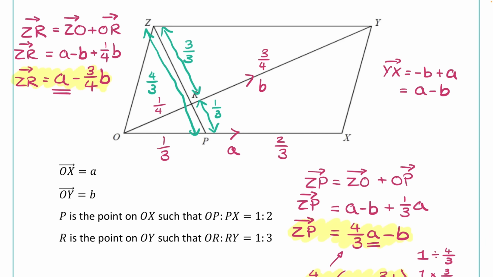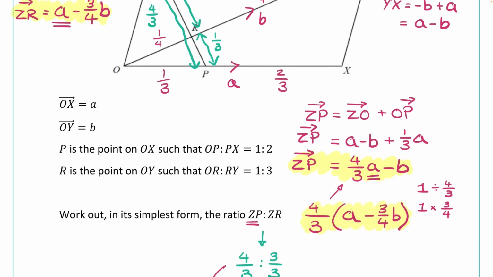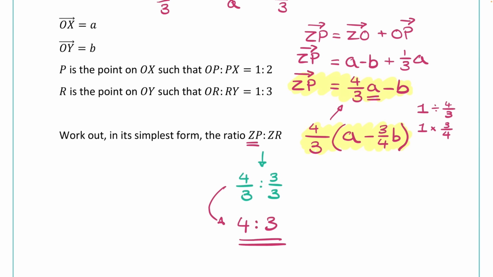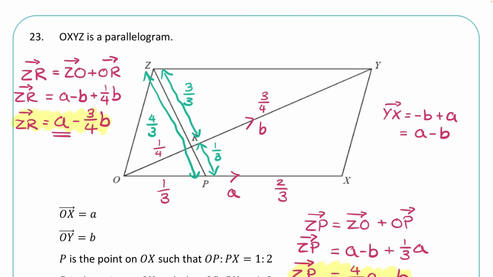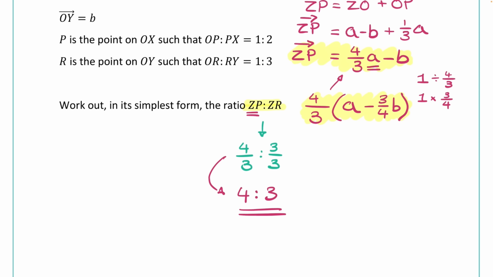That final step there, I think, is the hardest part. I mean, if you've managed to get to that stage, you've picked up the vast majority of the marks anyway, but spotting the factorisation to get the matching vector, I think, is quite tricky in that scenario. And then just being really careful. I do think that's not the nicest of steps there, because it's the full length of the line to part of the line. If it was z to r, r to p, that would be 3 to 1, but different variations of that you could be asked. But there we go, that was the vector 4 to 3,